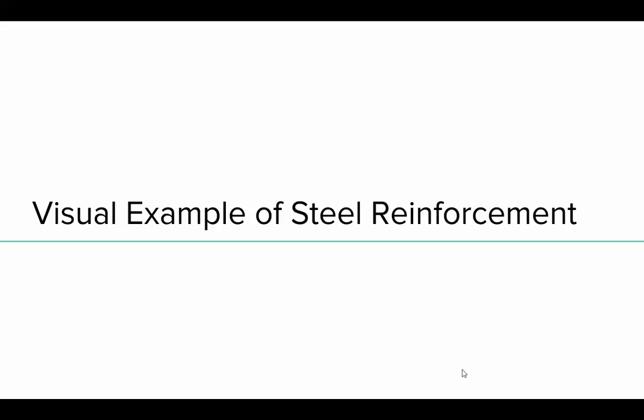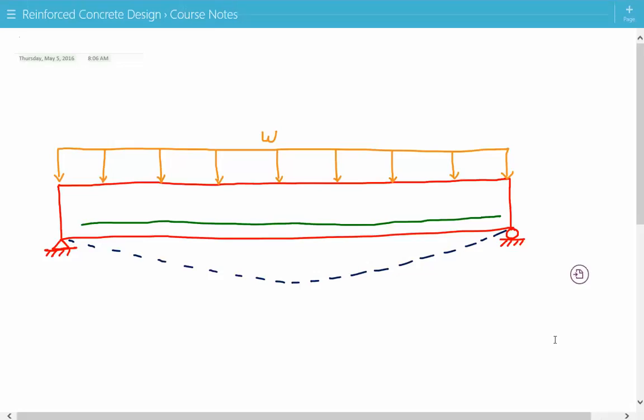In this lecture, we'll take a look at a visual example of steel reinforcement. Here we have a simply supported singly reinforced concrete beam. It's subjected to a uniform loading that we call W. The dashed line is the deflected shape of this beam under the uniform loading, and based on this we can